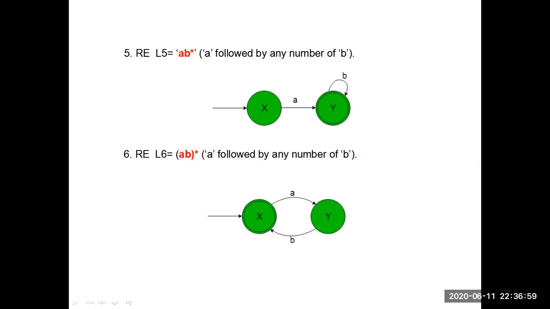Next, if you take single AB, first by reading A, X will go to Y. Again on reading B, Y will come to the final state. If we have two ABs, AB, AB, X on reading first A goes to Y, reading B comes to X. Again reading A goes to Y, again reading B goes to the final state X. See here, the initial state will become the final state.